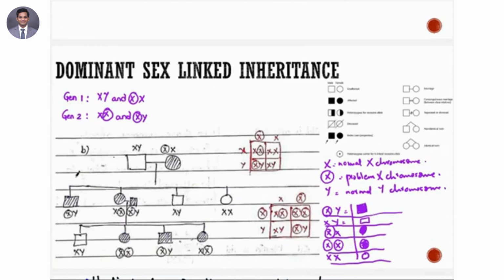In generation 2, you should pick an X prime. Okay, great, here, and then with a sort of X prime Y. Okay, so both of them are going to be affected, right? Why so? Because this is sort of clear. So in the next generation, you again draw this X prime Y here and X prime X, and